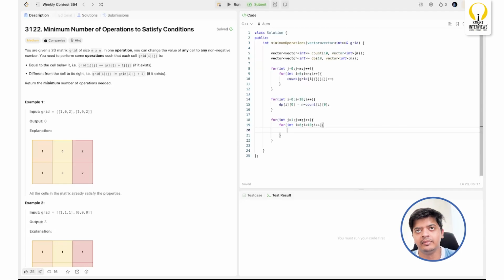So I should get the minimum first. So I'm going to run another loop, for int k equals 0, k less than 10, k plus plus. If i is not equal to k, where i is the row and the row should not be equal to k. So if i is not equal to k, what should I do? I should simply make dp of